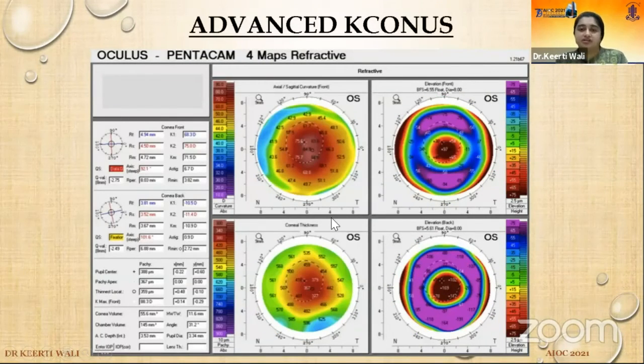This is a very straightforward map of advanced keratoconus that anyone can understand. The keratometric values are pretty high, 68.3 and 75 diopters, with a hotspot on the curvature map, and the elevation points are at plus 97, plus 65, very high, and posteriorly it is plus 169, very high values. The thinnest location is 359 microns, but the X and Y coordinates are normal here. So this shows a central advanced cone. Okay, so this is an advanced keratoconus.